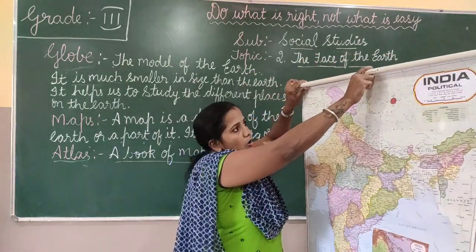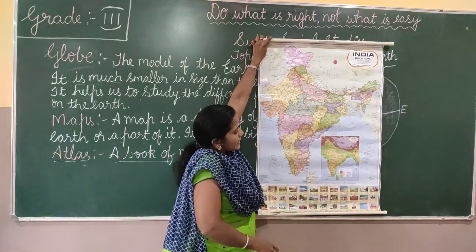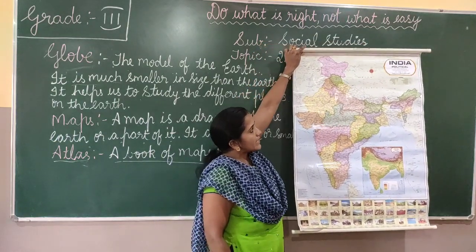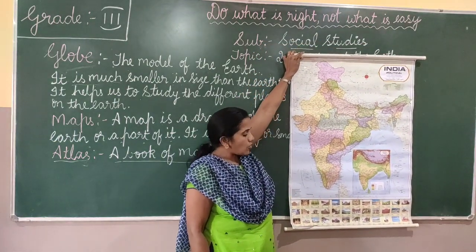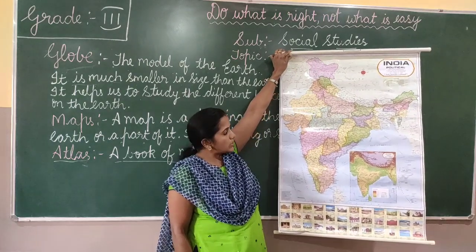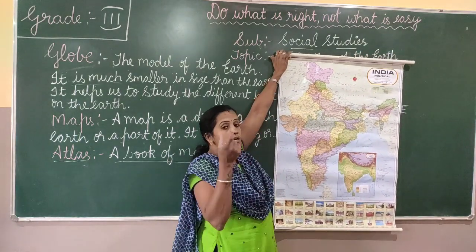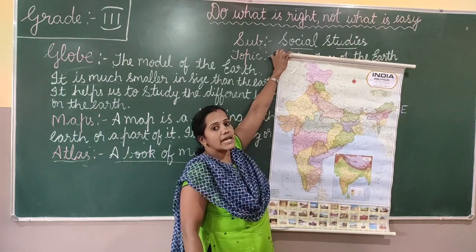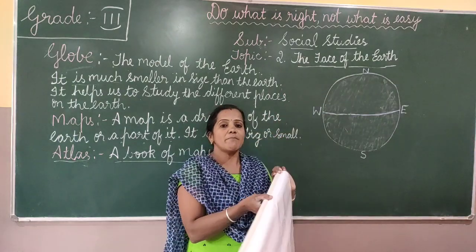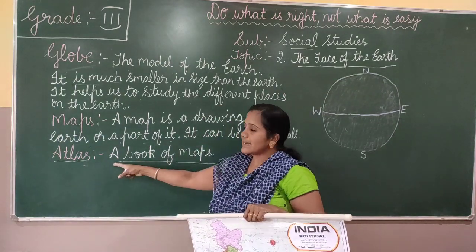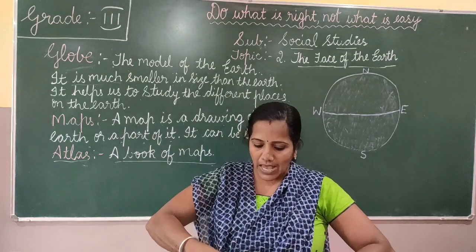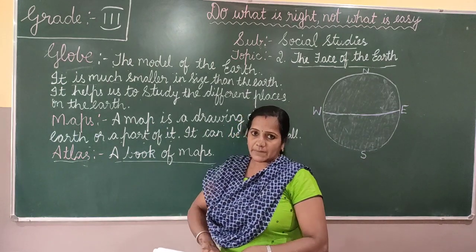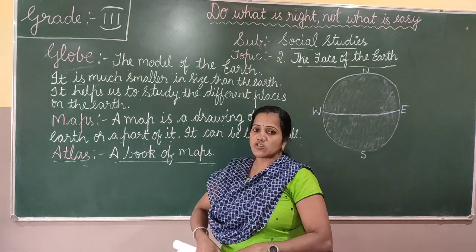So these are called wall maps. Like this we can hang them on a wall. You might have seen them in the classrooms. These are called wall maps. In these maps we can find out a particular area of a country. There are many different types of maps, and a book of maps is called an Atlas. Okay, so now you have learned what a globe is and what maps are. We have many different types of maps also.